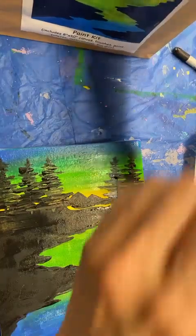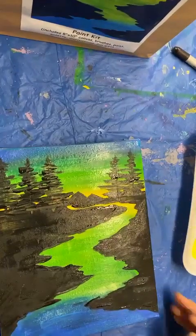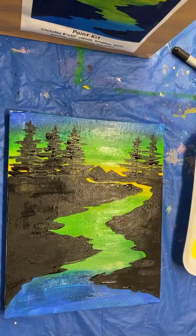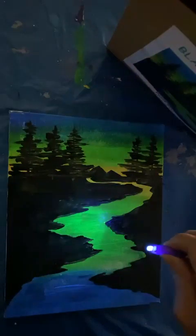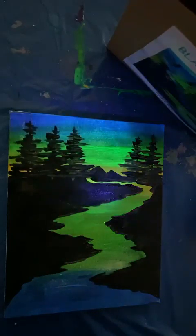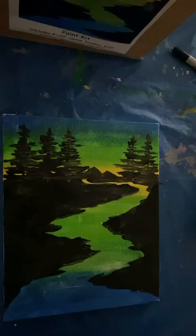And if I can, let me see if I'm going to be able to show you the black light. See if it's going to get dark enough in here to do this. Because it's still light outside. It's going to be dark enough. Well, maybe, let's just see here. I'm going to put that in front of it. And let's just see. Can you see that? It's kind of lighting up. Kind of fun. Crawl under your bed or into your closet and have a look at it with the black light. But that is that. So enjoy, have fun,